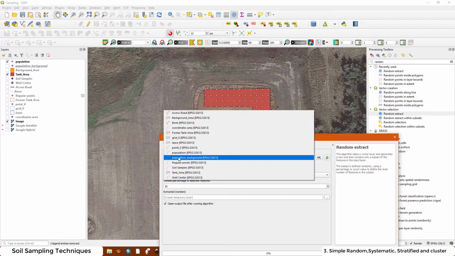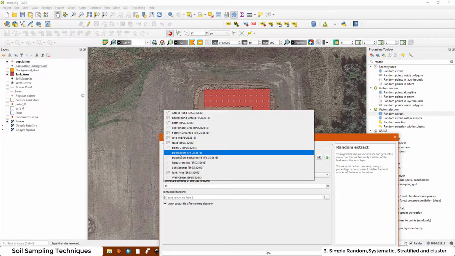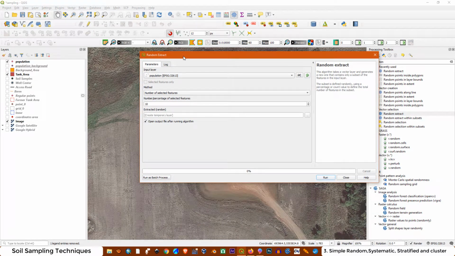In our case, the samples are located at the layer population, this one here. And this one is good, and here we want to indicate how many samples we want to take. In this case it's going to be 15, and let's save this layer